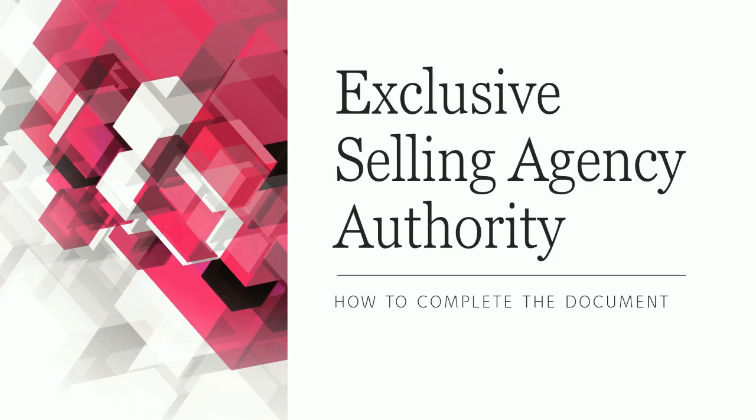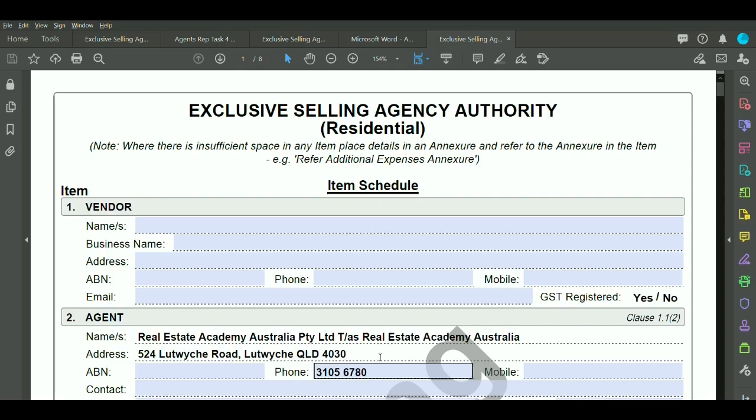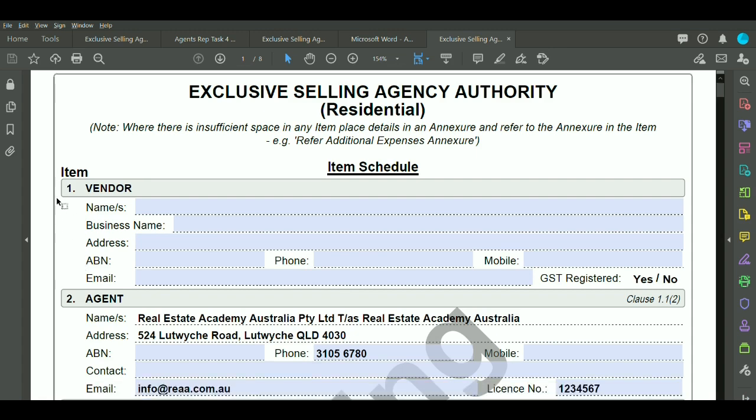This tutorial will be looking at the exclusive selling agency authority and how to complete this document. So item 1, the very first thing that you will be entering in is the vendor details. So the vendor being our client. So if that was going to be Bob Smith,